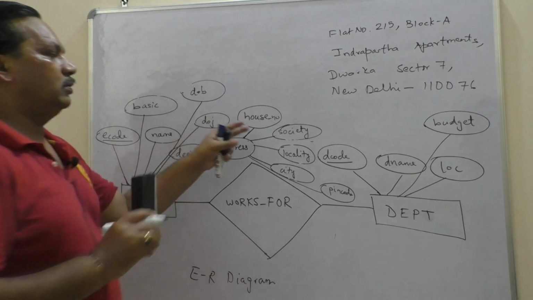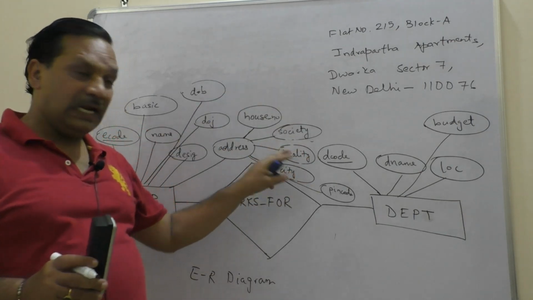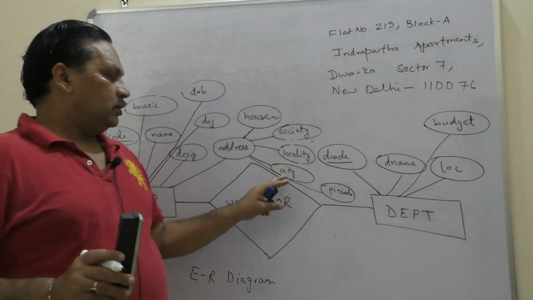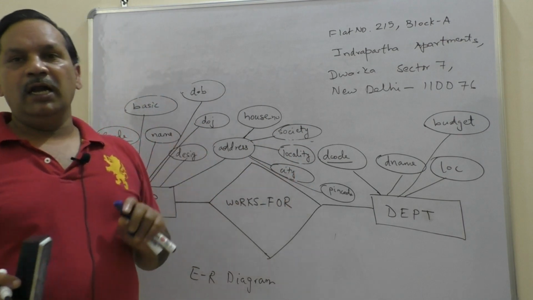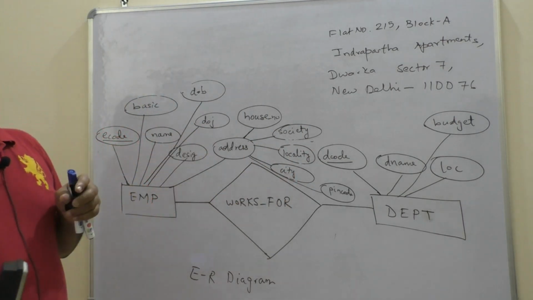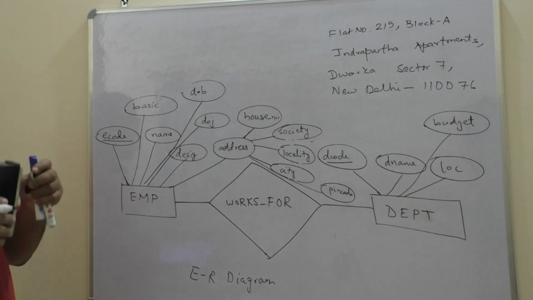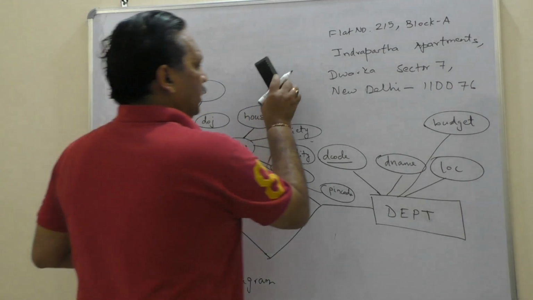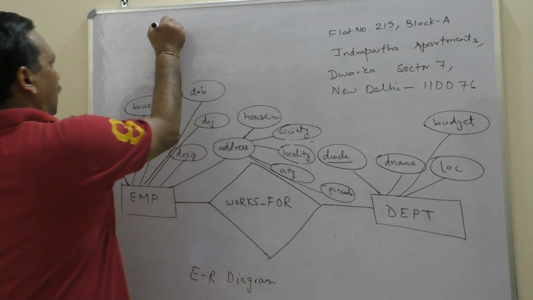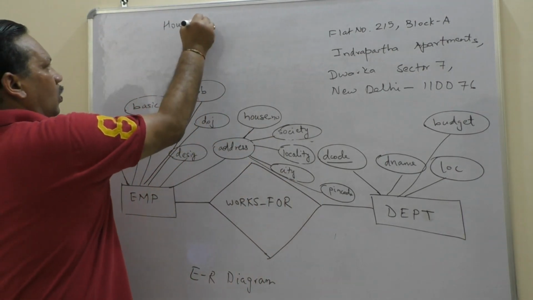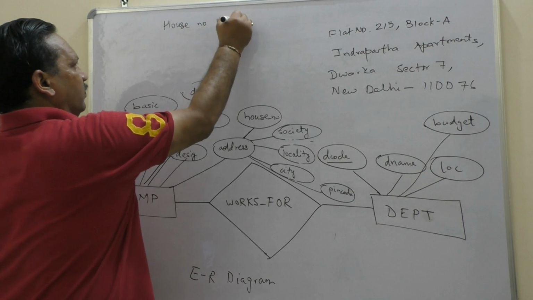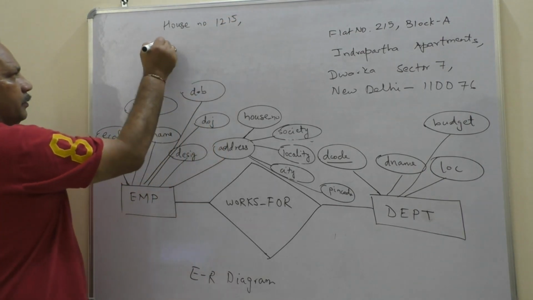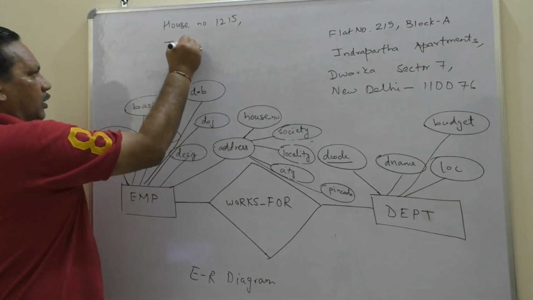So what is this? House number, society, locality, city, and pin code. Clear? Now I'm not saying that everybody lives in a society or apartment. Somebody might have an address like this: house number 1215, Indranagar,